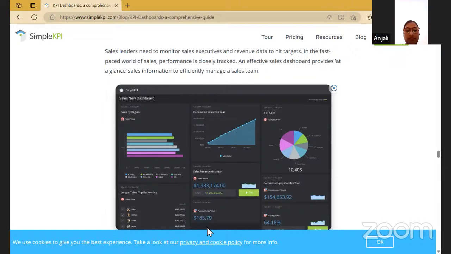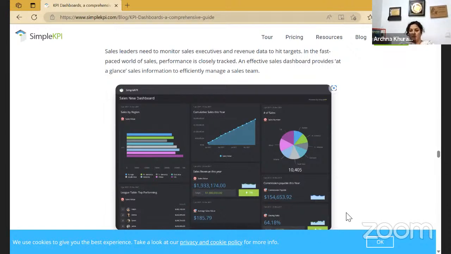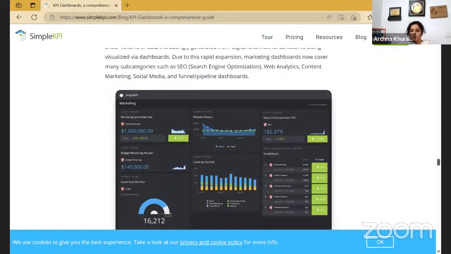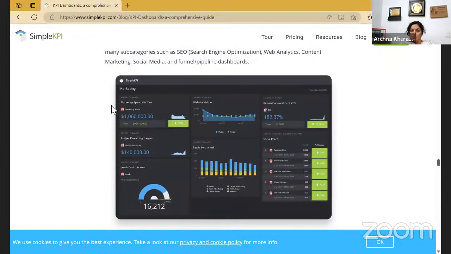Yes, ma'am. So all these things can be, if the data is put correctly in the Excel sheet, इससे भी ज़्यादा अच्छे तरीके से ड्राफ्ट निकल कर आ जाते हैं। You just need to ensure कि किस तरीके से आप डेटा डाल रहे हो। Similarly for marketing, what are the things you are going to see कि marketing का spend कितना रहा, budget कितना था and how much you have actually spent that year. Then website visitor कितने रहे, कितने लोगों ने आके क्लिक करा,